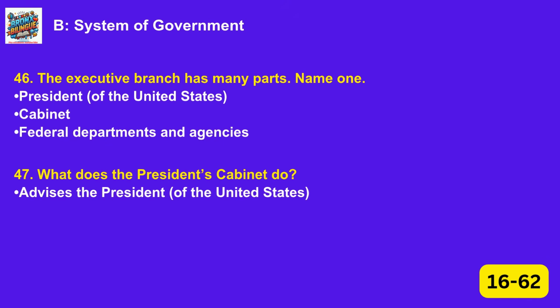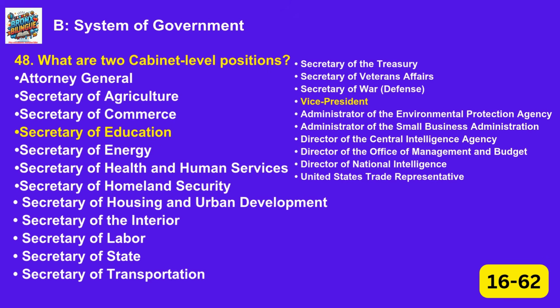47. What does the President's Cabinet do? Advises the President. 48. What are two cabinet-level positions? Attorney General, Secretary of Agriculture, Secretary of Commerce, Secretary of Education, Secretary of Energy, Secretary of Health and Human Services, Secretary of Homeland Security, Secretary of Housing and Urban Development, Secretary of the Interior, Secretary of Labor,